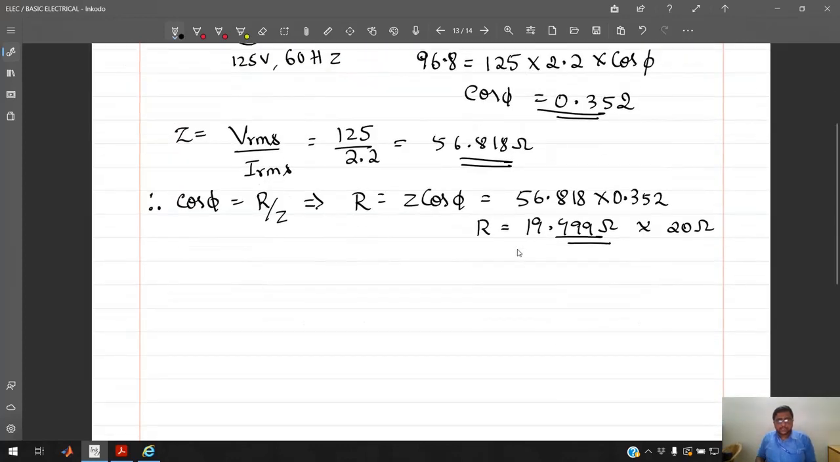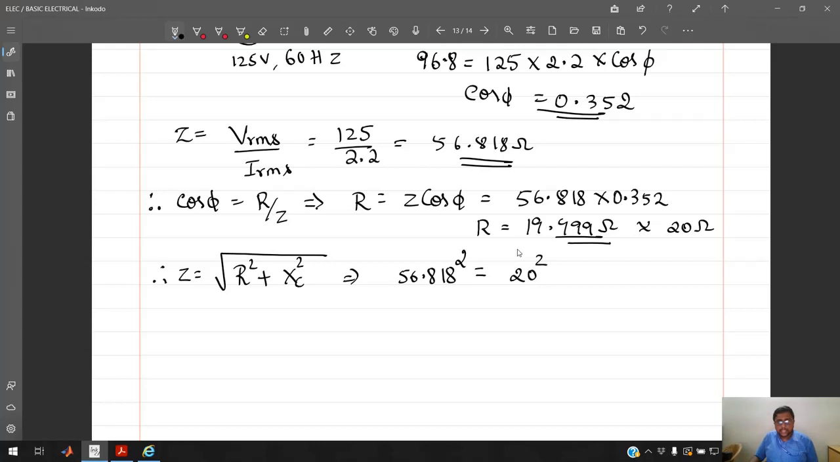So you know the value of Z, you know the value of R. You know that for an RC circuit, Z is equal to square root of R square plus XC square. That implies Z square, 56.818 square, is equal to 20 square plus XC square. Now if you solve for XC, you are going to get XC as